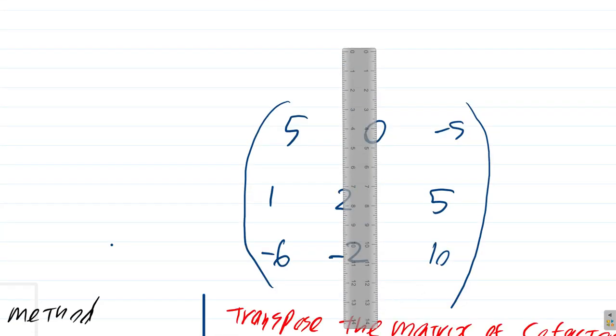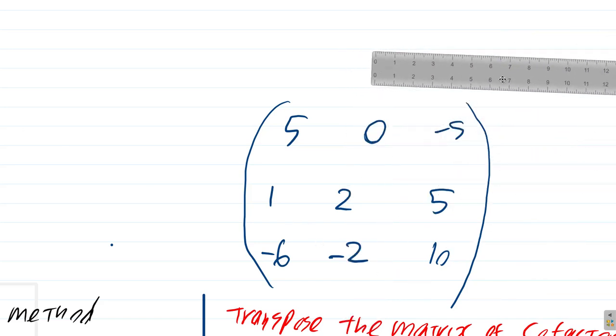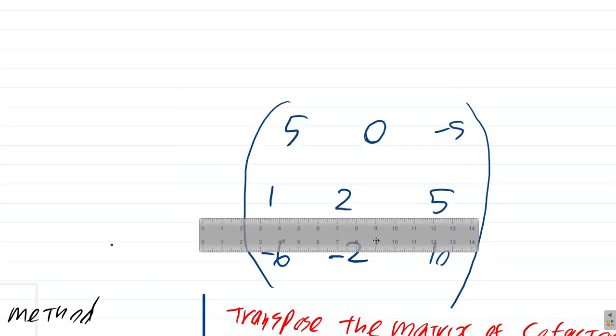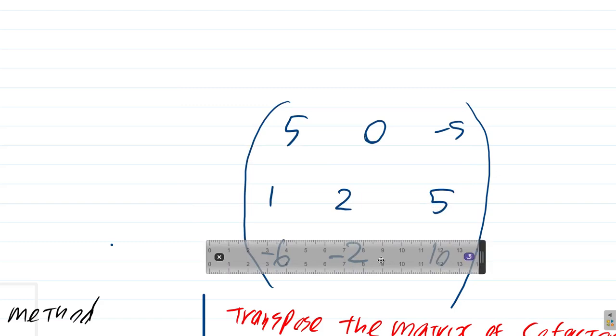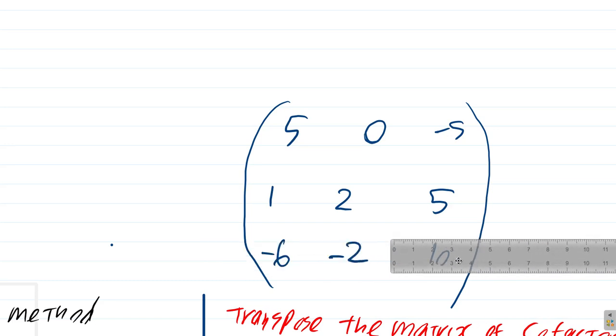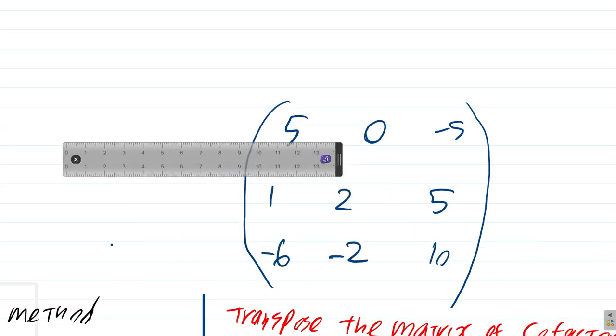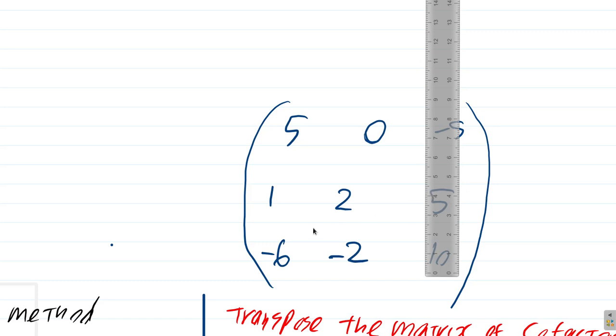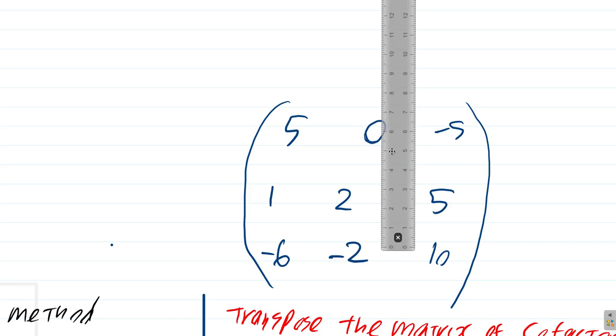And then here, row 3 will pivot around the 10. Basically,